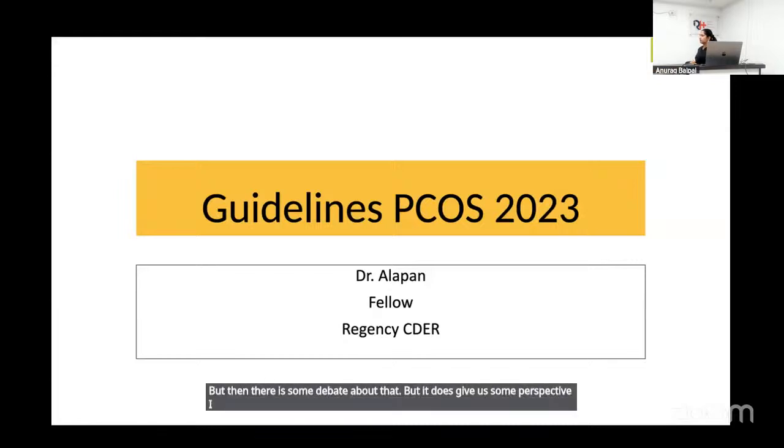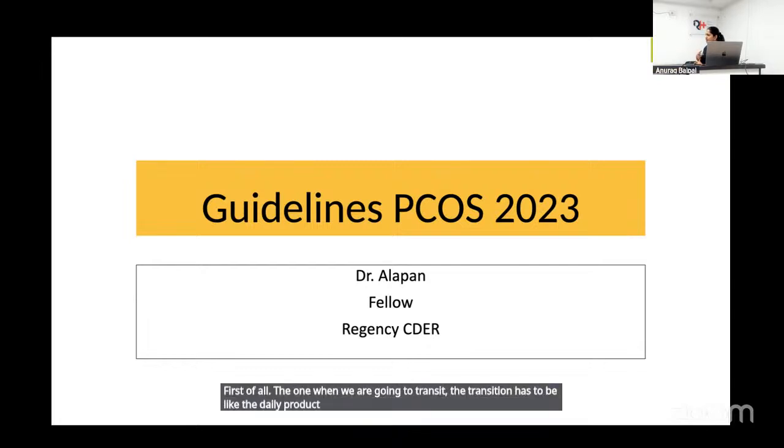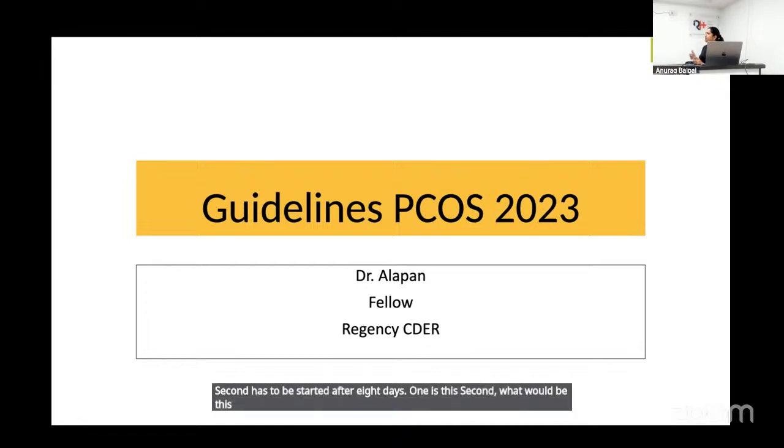What are the three key messages you would like to give? Sir, first, when we are going to transition from the daily, it has to be after 8 hours. And if one is using somatrogon, sometimes the other is not available, the second has to be started after 8 days. Second one would be when the IGF-1 levels have to be collected, because you want the mid-cycle IGF, not the pre or the post. That is important. And third is definitely that if one is comfortable with the daily injection,